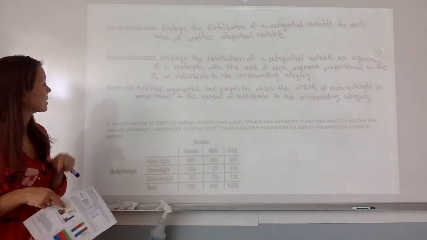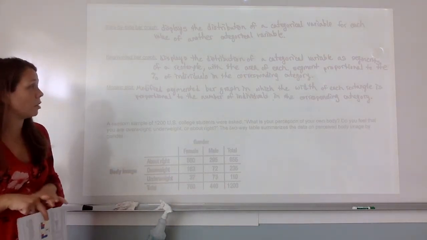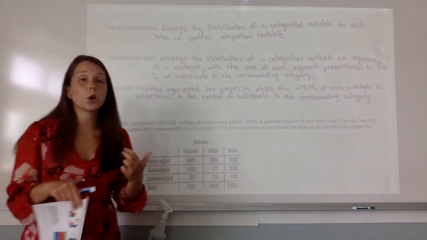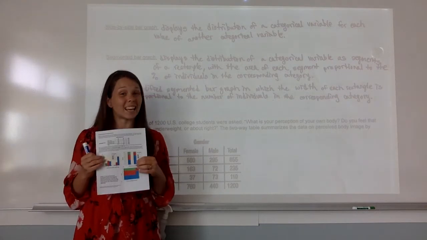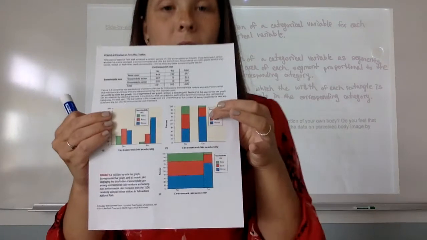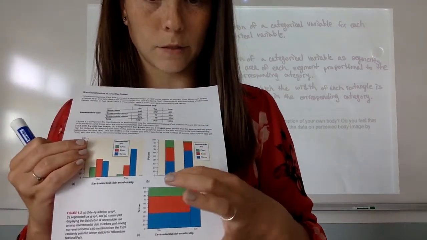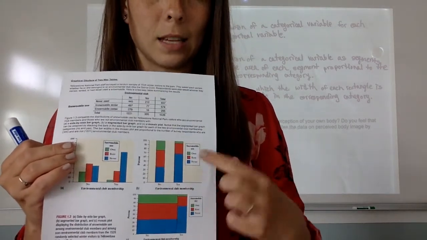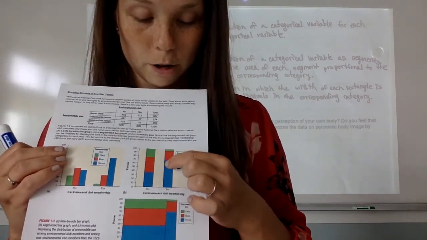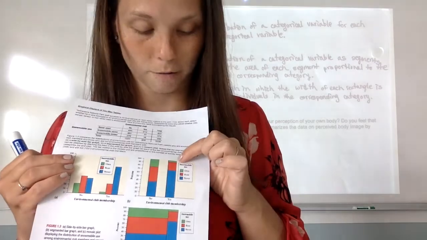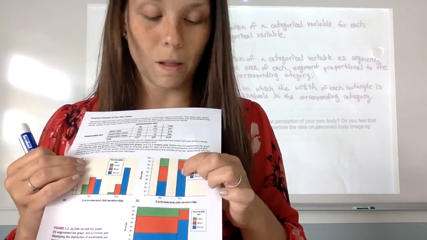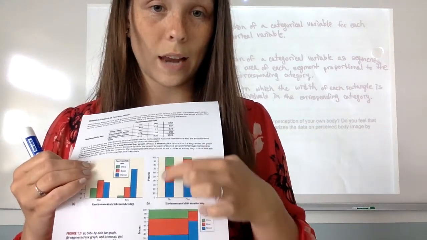Mosaic plot, it's a modified segmented bar graph in which the width of each rectangle is proportional to the number of individuals. So a really big downfall or a negative of the segmented bar graph is that it makes it look like this category of yes versus no are the same size. Because we can clearly see the proportions within each of the bar graphs, right? The blue here for never is much larger than the green here for own. But what we can't see is how many people actually answered yes in this category and how many people answered